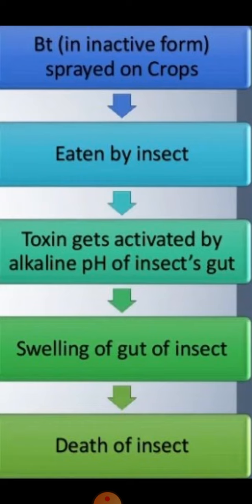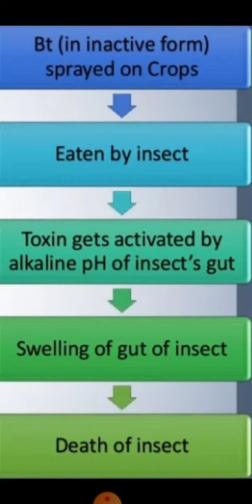Once it is eaten by the insects, they ingest the inactive protein, thereby converting it into an active protein. As soon as this toxin reaches the gut, as we all know the pH of the gut is alkaline, so it gets activated. It is converted into an active form inside the insect's gut due to the alkaline pH of the